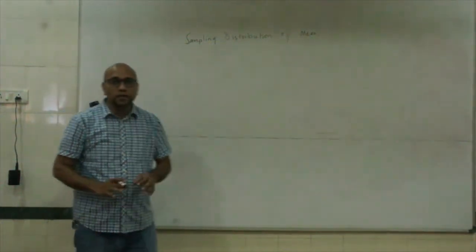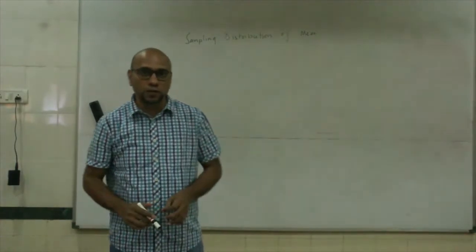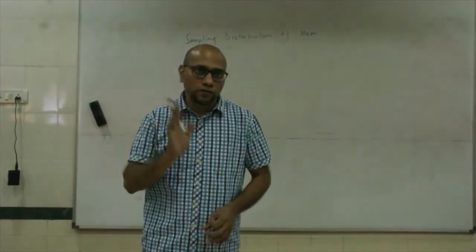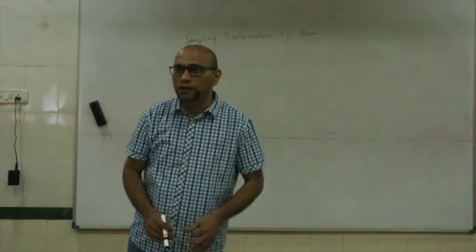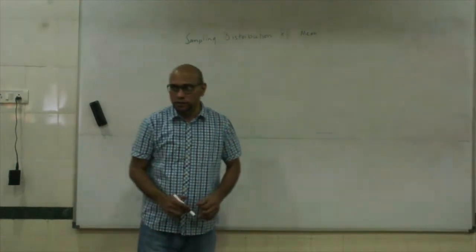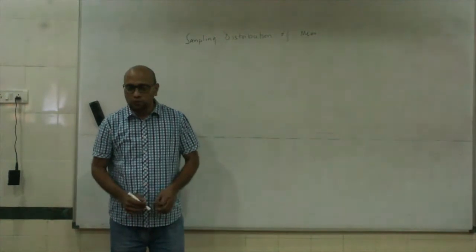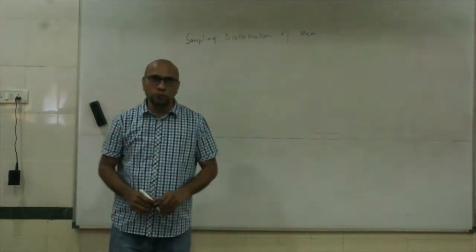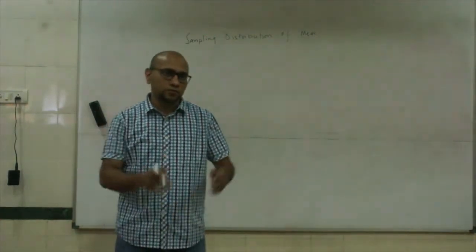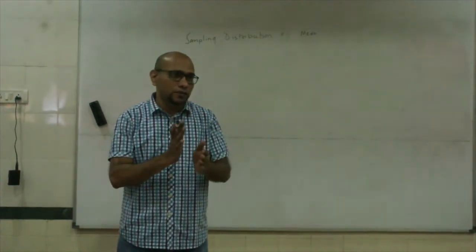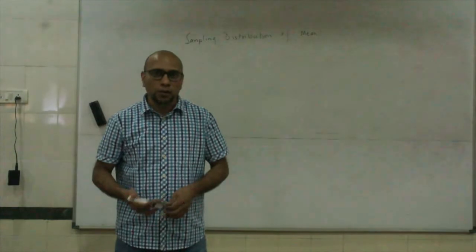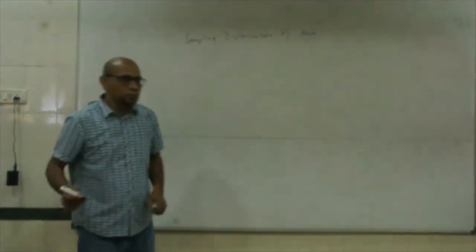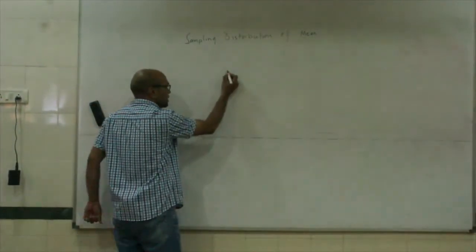We will now look at the sampling distribution of the mean. When we discussed properties of estimators, unbiasedness was an important property. We know that the sample mean, as an estimator of the population mean, is an unbiased estimator. Meaning what? Suppose there is a population